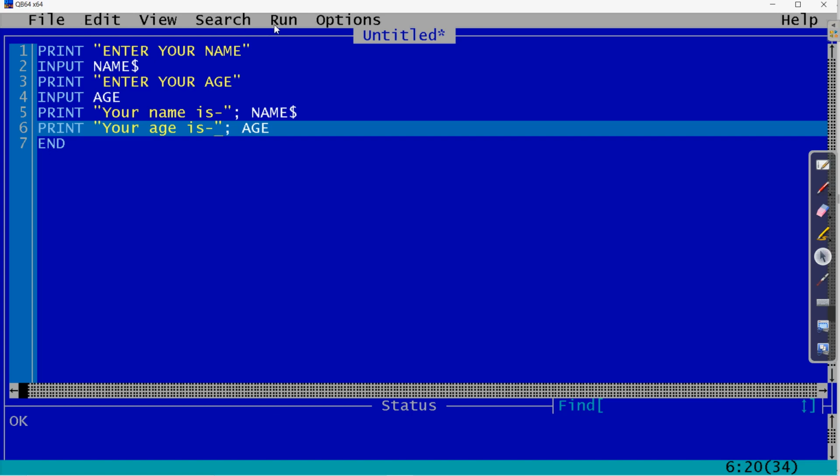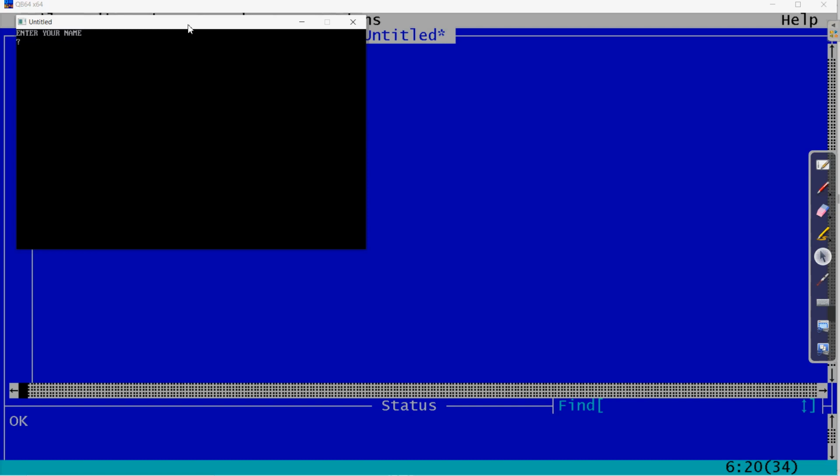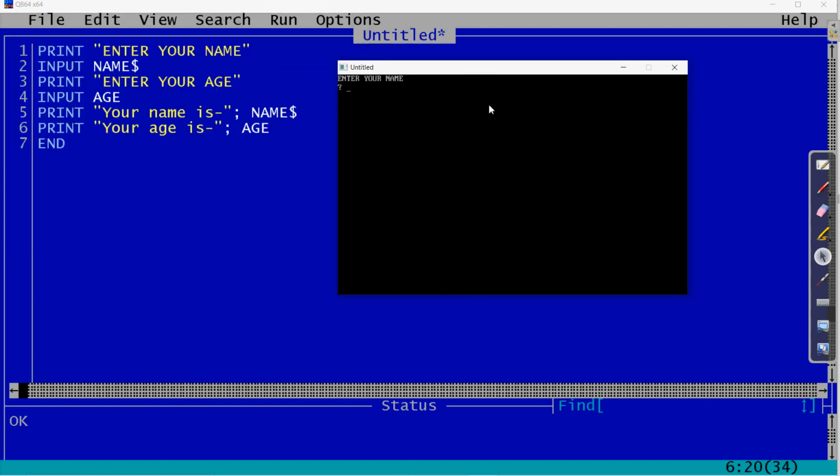Now let us run again. So for running we can press the F5 or you can go to the run command. Then enter your name. So suppose I am writing Arun, then age is, suppose it is 11 years, print, then press the enter key to get the output. So here is the output, that your name is Arun and your age is 11. Okay, so this is the way you can give the input while executing the program.